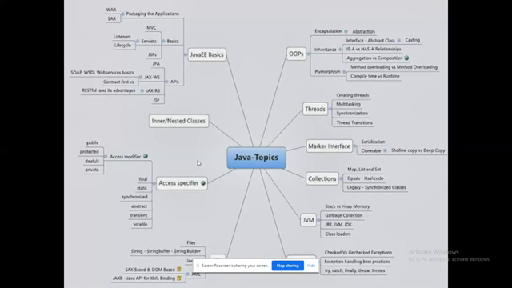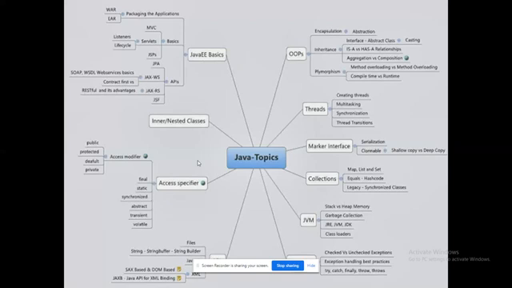So this is the complete mind map for your Java topics for your entire career, not only for this syllabus. I found this through Google, such an interesting one, while going through all those things. See, start from the beginning. That could be the major criteria that we are going to work with in our syllabus.